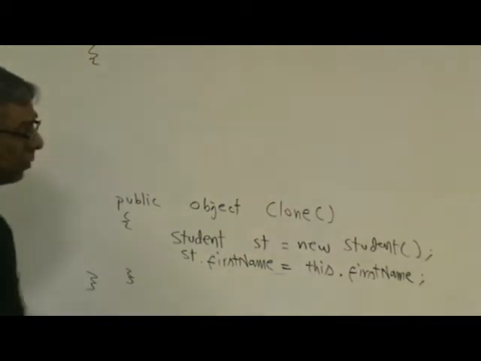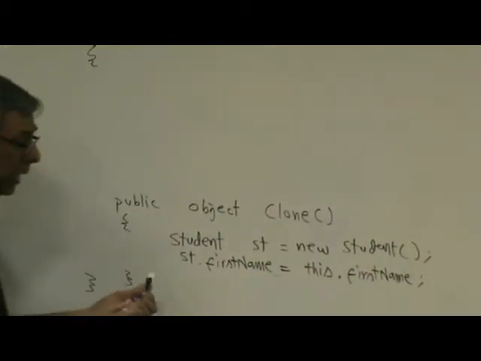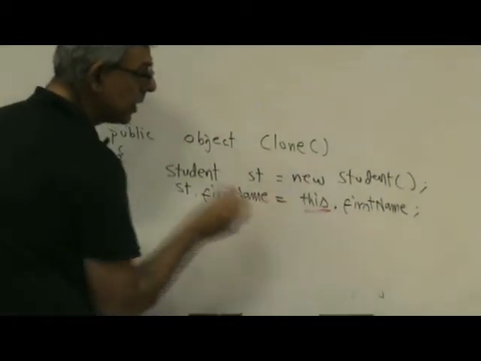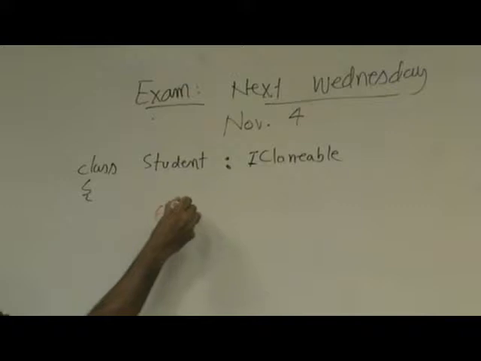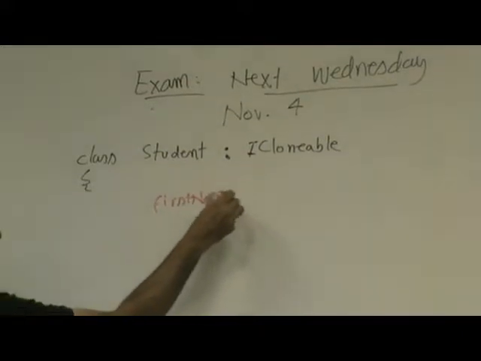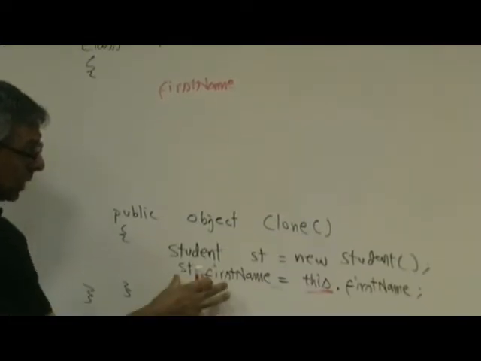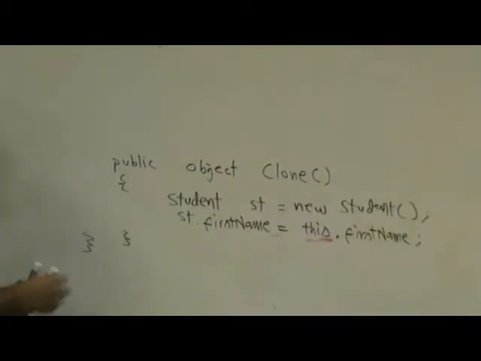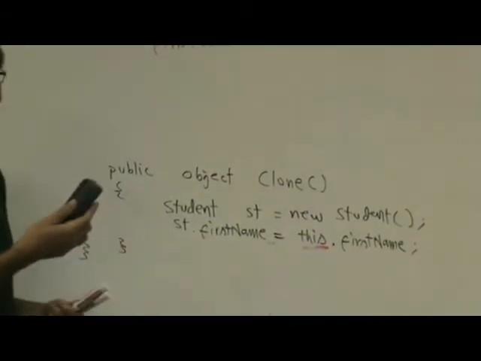Okay, so now once we use this keyword, what do we mean by it? Which first name are we talking about? The first name that was declared over here, right? So the class level first name. Okay, so now to understand how this code is being written, let's take a look at typically how this code